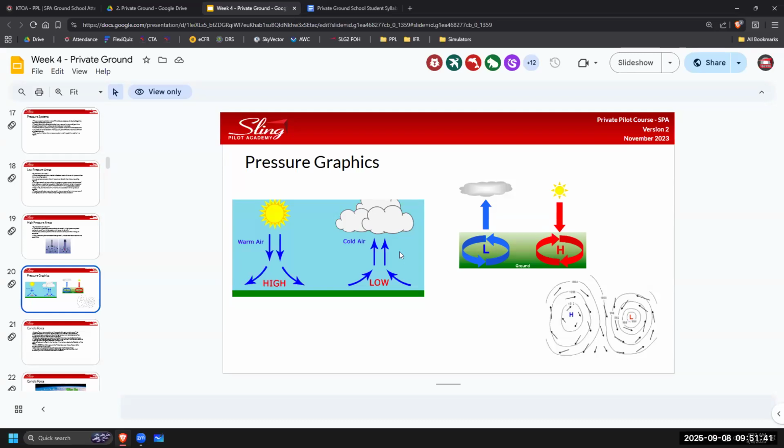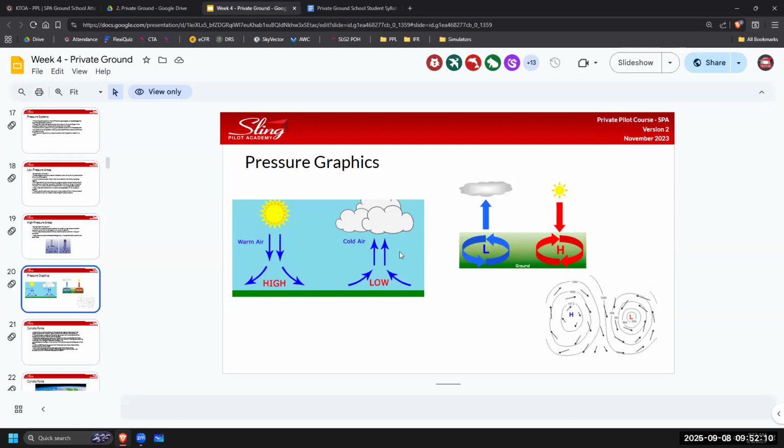What are those numbers associated with? Those are called isobars. We're going to talk about those when we get to reading charts. Is that like the number that you gave earlier, the 13 something? Yes, they're in millibars. 1013.2 is the standard. Yeah, that's standard pressure. Isobars are lines of equal pressure around the area. So it's like the equal pressure for that area, the number.